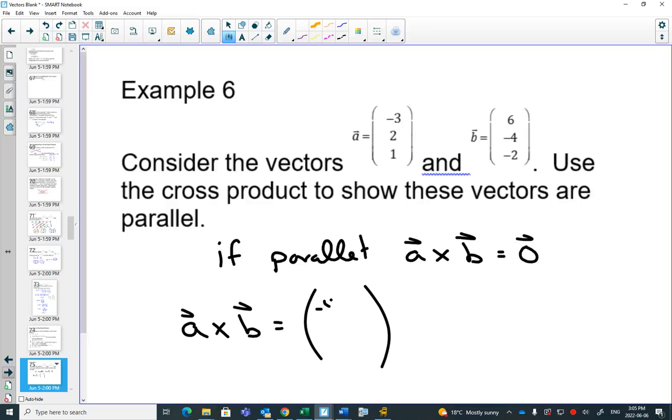Okay, so here I would get -4 minus a -4. Second one I would get 6 minus 6. And the last one I would get 12 minus 12, which